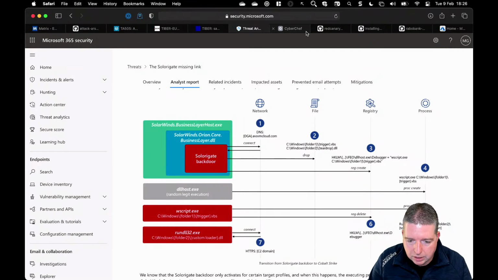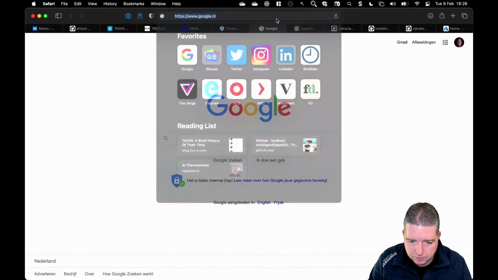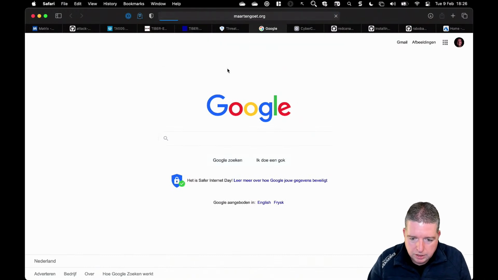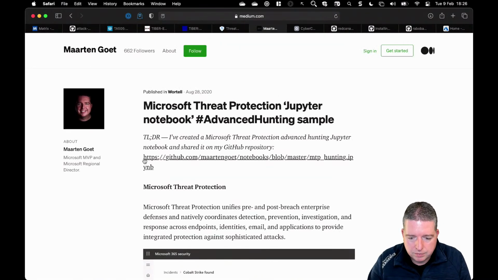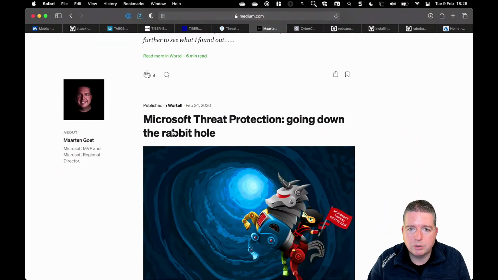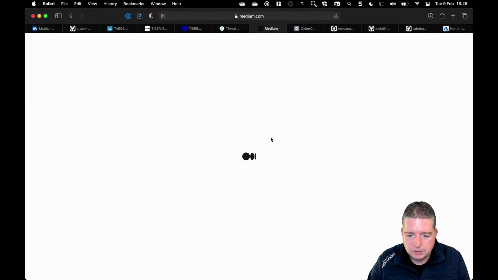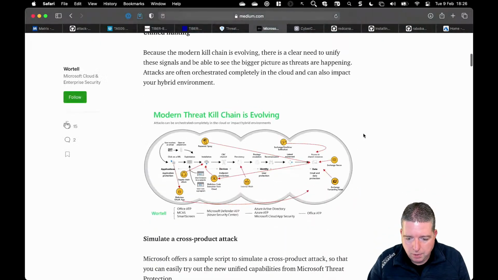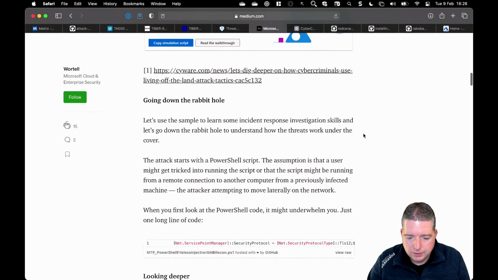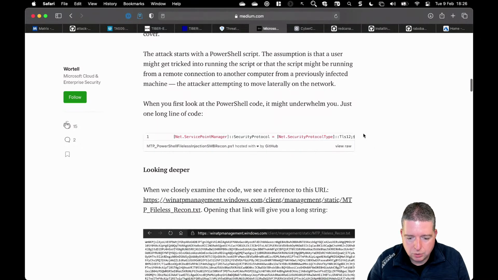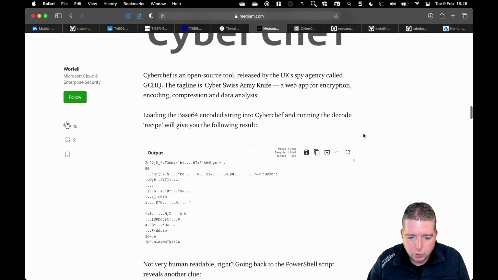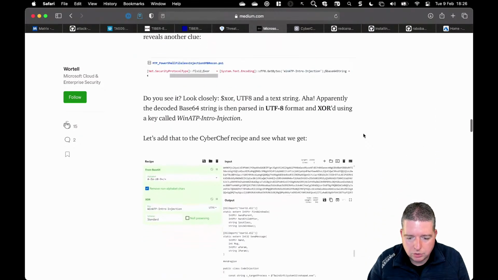So let me go to my blog. Here we go. It's on Medium. And among other things, there's Going Down the Rabbit Hole, is it called? And scrolling down, we talk a bit about the simulation I just referenced. And then we start decompiling how the code works. And we talk about, for instance, how CyberChef works and how we can take that code to really